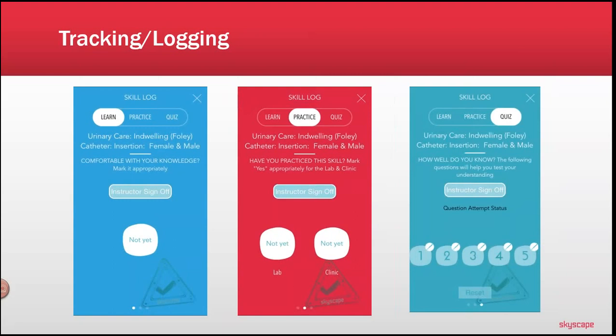The last component of the skill log allows the student to put the application into quiz mode. With each quiz, with each skill, there are 5 quiz questions. Again, higher level application analysis level questions, and the student can test their knowledge. So what we're doing with these 3 different components is taking that simple skill performance and applying it to a clinical location. Students are practicing in the clinical setting, tracking it in the clinical setting, and relating that information to the NCLEX test plan by taking these quiz questions.